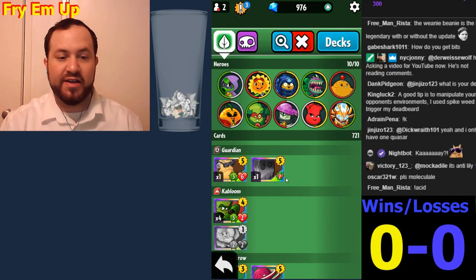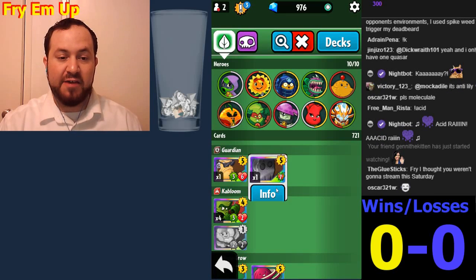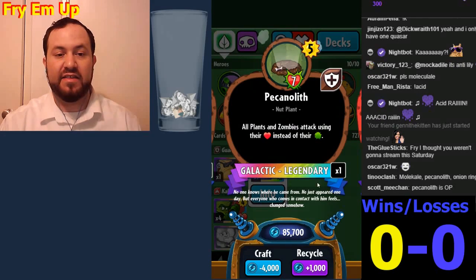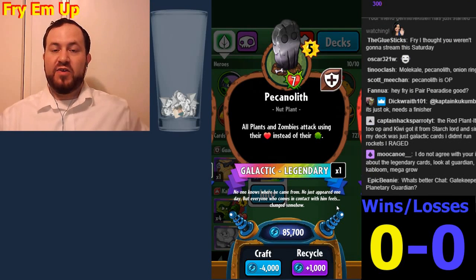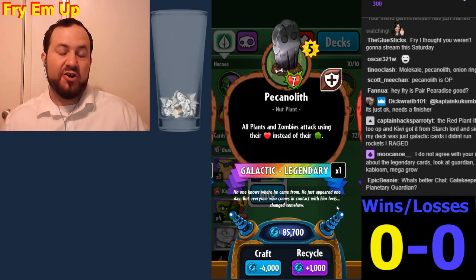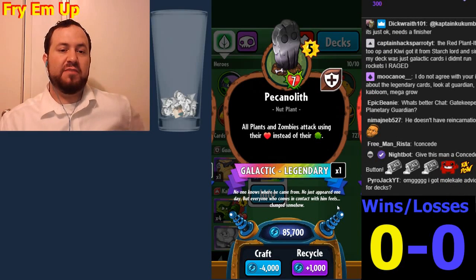So for the Guardian class, again, I only have one of each of these legendaries, but in my opinion, I believe the Pecanolith is the game changer. This changes the whole way you can really win. It's like a win condition card. You make it a nut deck, and you can really pack on so much damage if you can play the Pecanolith